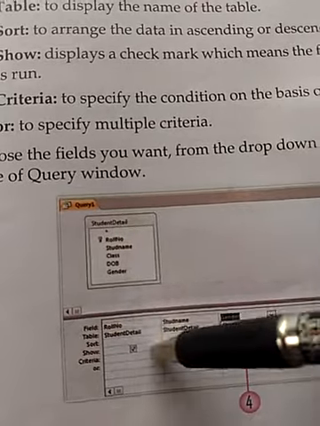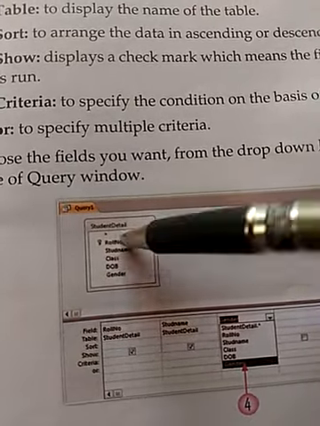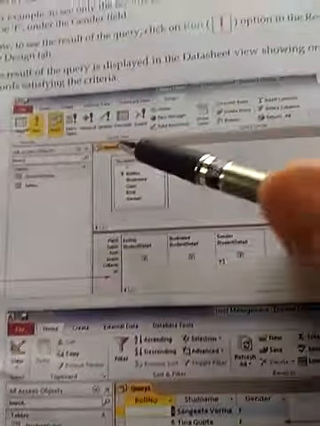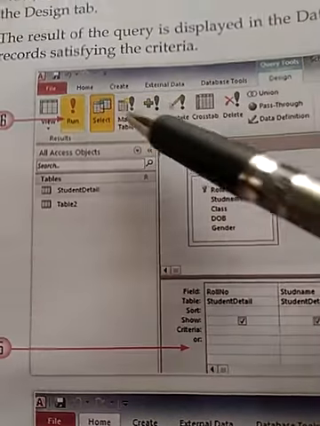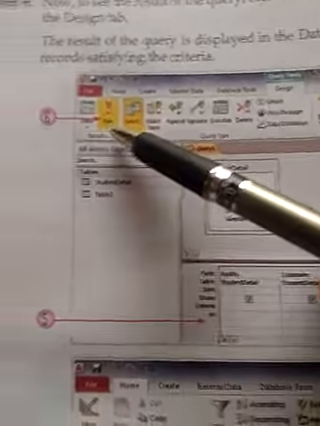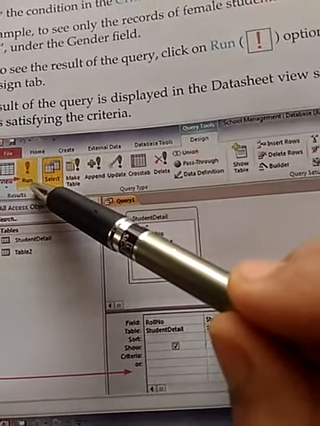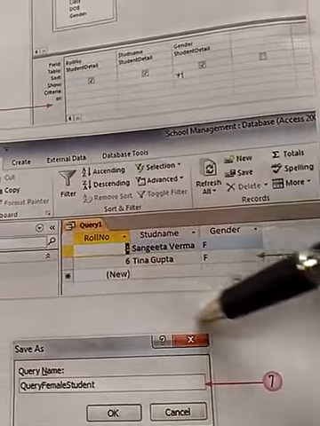Simply drag and drop the column over here, or double click the column, and it will move here automatically. After that you need to save the query with some name, and there is the run option. When you click on this run option, the query will automatically execute and display the result in this form.